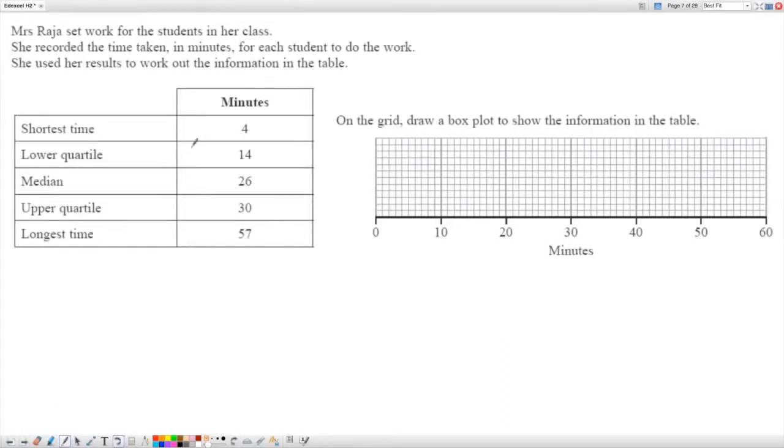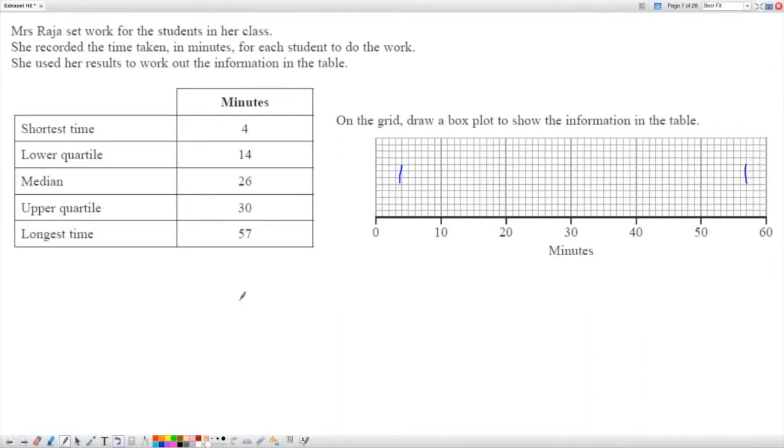Here we're given some information in our table and asked to plot this information onto the box plot. Here we're given all the values that we need. This is our shortest value, our smallest amount. So here at 4, we do a small line. Our biggest value, here 57, we draw another line here at 57